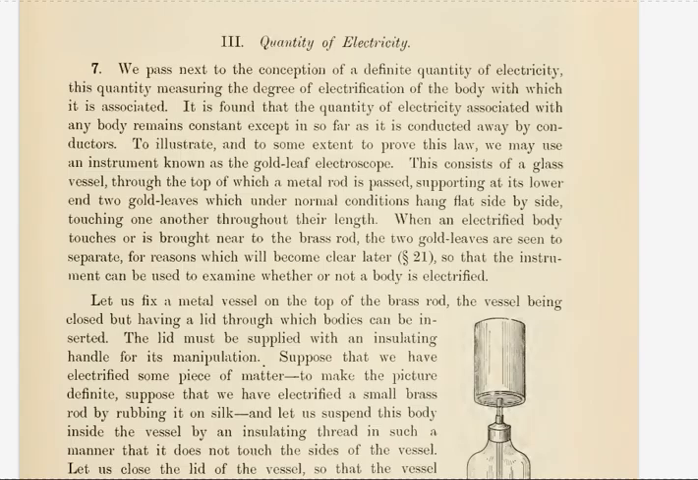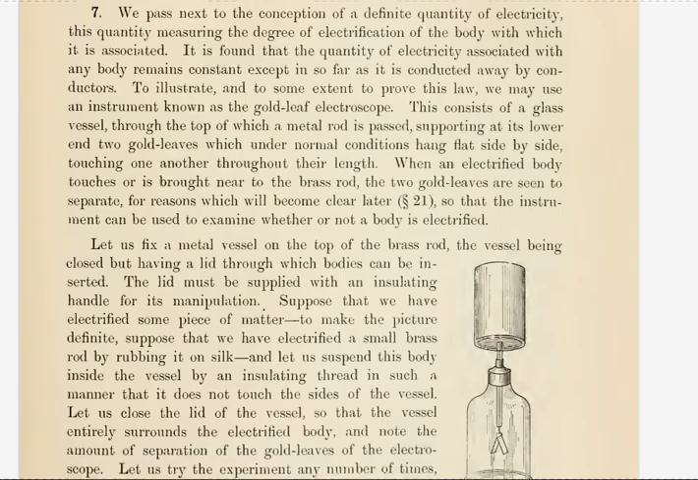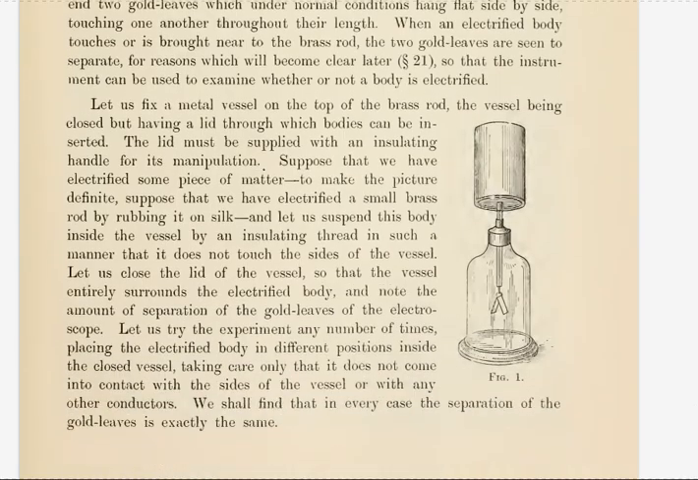To illustrate, and to some extent to prove this law, we may use an instrument known as the gold leaf electroscope. This consists of a glass vessel, through the top of which a metal rod is passed, supporting at its lower end two gold leaves which under normal conditions hang flat side by side, touching one another throughout their length. When an electrified body touches or is brought near to the brass rod, the two gold leaves are seen to separate, for reasons which will become clear later,